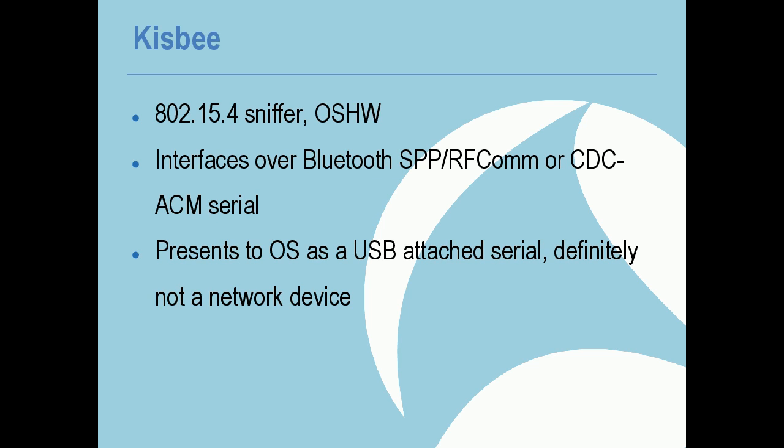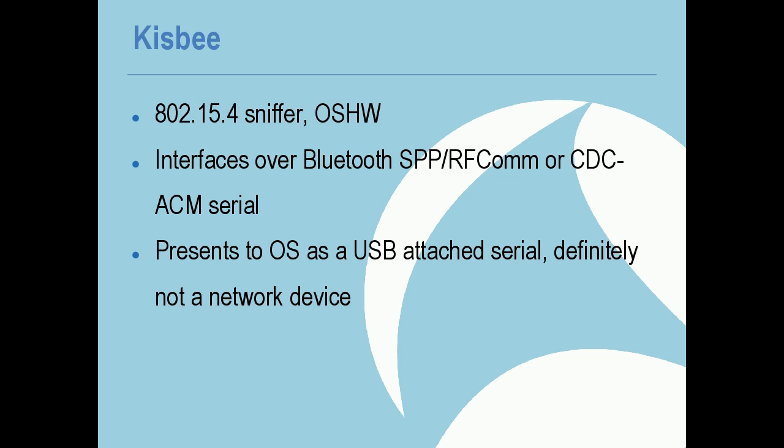So the second piece of hardware we were just demoing is a thing I made last year called the Kisby, which is similarly open source hardware, open source software. It's meant to let you capture 802.15.4, which is the underlying protocol beneath Zigbee, and a number of others, 6LoWPAN and some other things. So it exports either over a CDC ACM emulated serial device on USB, or there's a little Bluetooth adapter on it, so it's a serial port Bluetooth for connecting to phones and Android and whatnot,